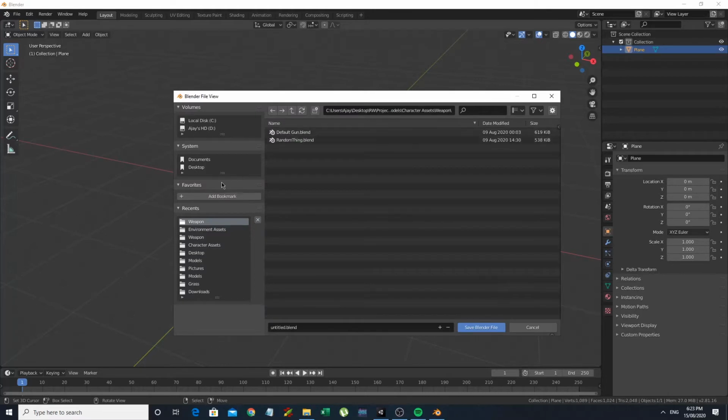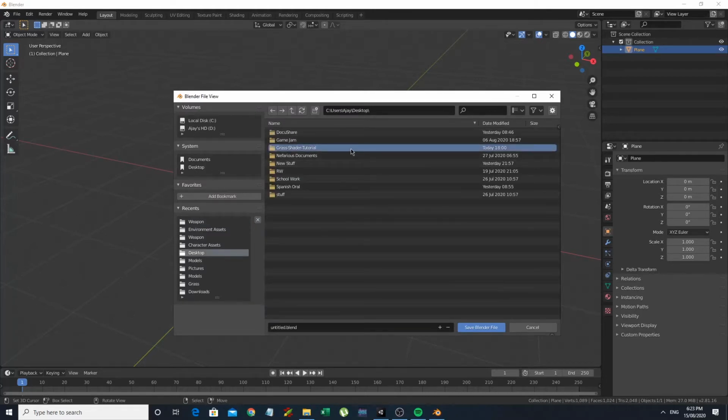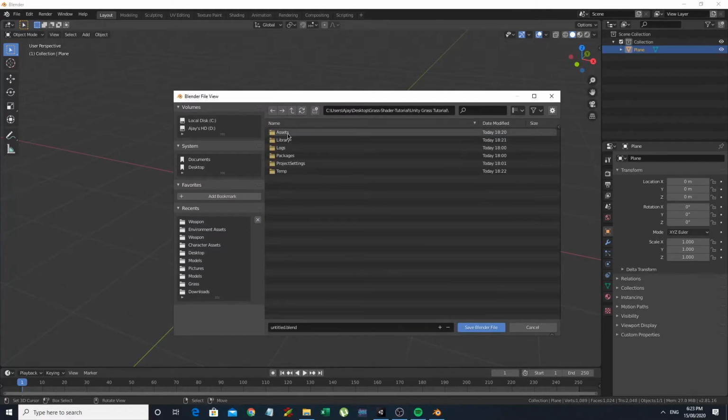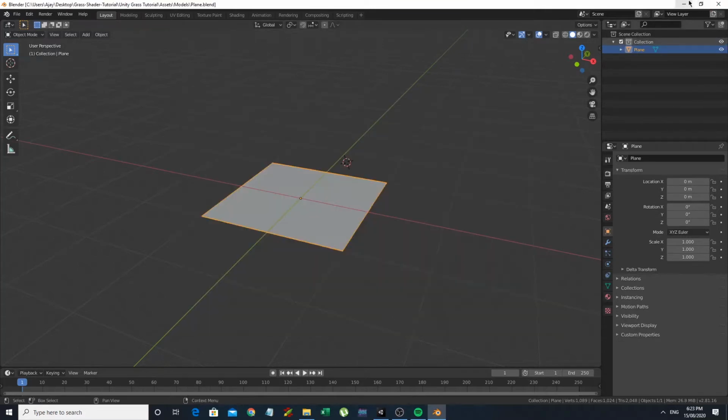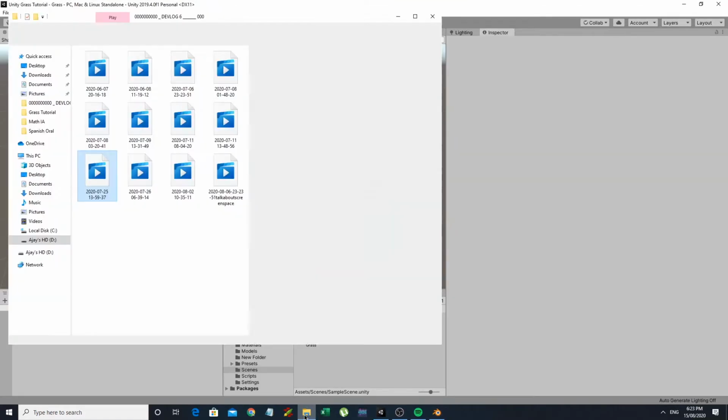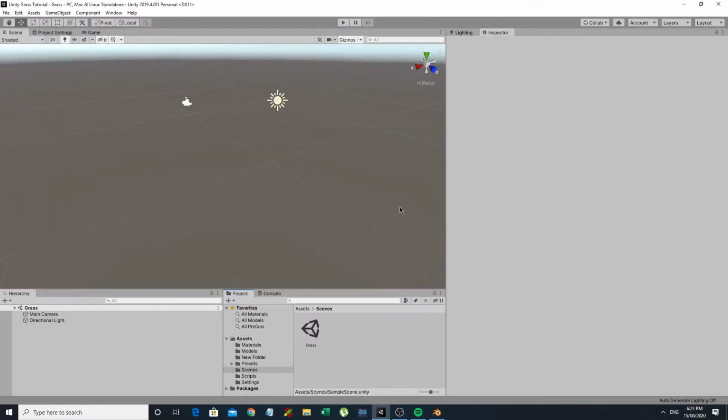Let's save that. Let's go into where I've saved this, Unity Grass tutorial, Assets. Let's create a new Models folder and put it in here. Whoops, did not mean to do that. And let's go plane. Alright, another thing that I'm going to be importing, and which you will definitely not have,